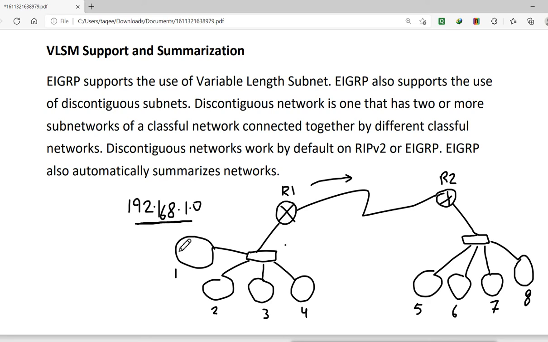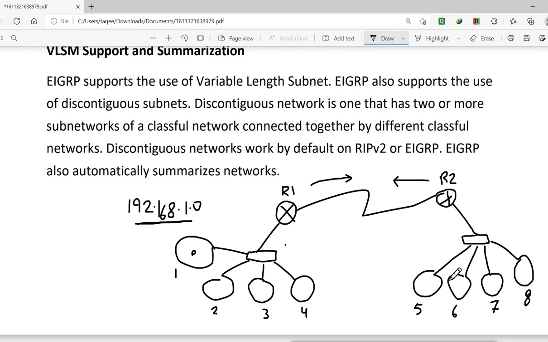It is not having the whole network 192.168.1.0 here. It has only 4 subnets of that network. But this router will send that I know everything. And this router will say that I also have the same network. Now this will be the problem. This router will say that I also have the network 192.168.1.0. So both will say that the network is locally connected. So if any data wants to go from this subnet to this subnet, it will not reach, because these two routers don't know about it.